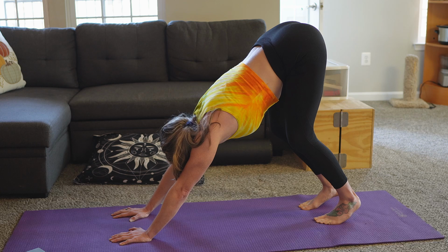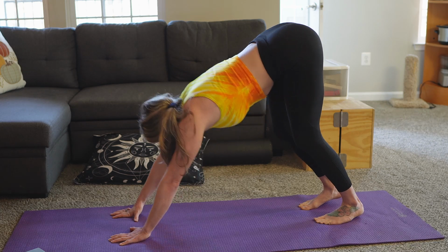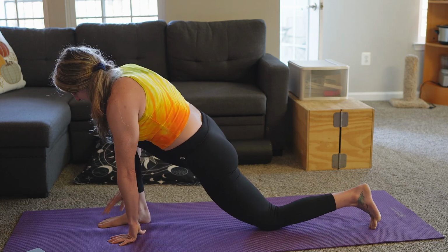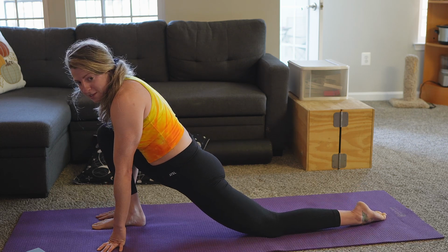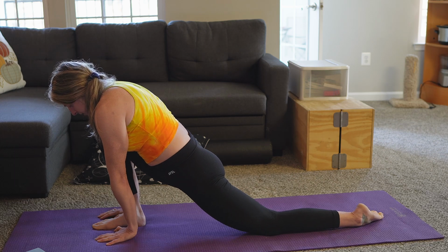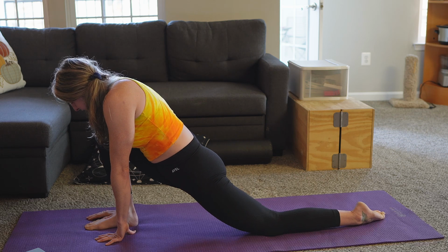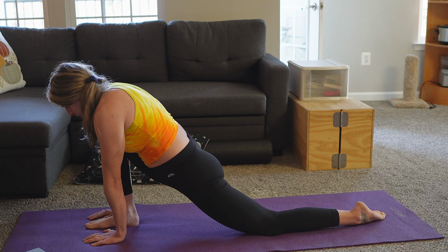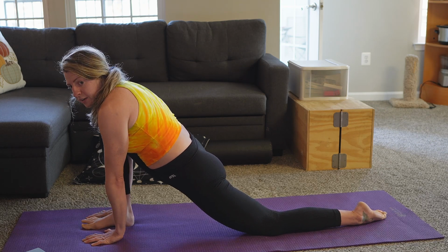What we're going to do here is we're going to come into a forward lunge. Not graceful, but your foot's going to come on the inside of your right hand, you're going to place your back foot down, pinky toe pushing into the ground. Hands are in nice alignment here. You want to make sure that your arm is right in line with your leg here. Your torso is on your leg, your top leg, and you have this nice 90-degree angle